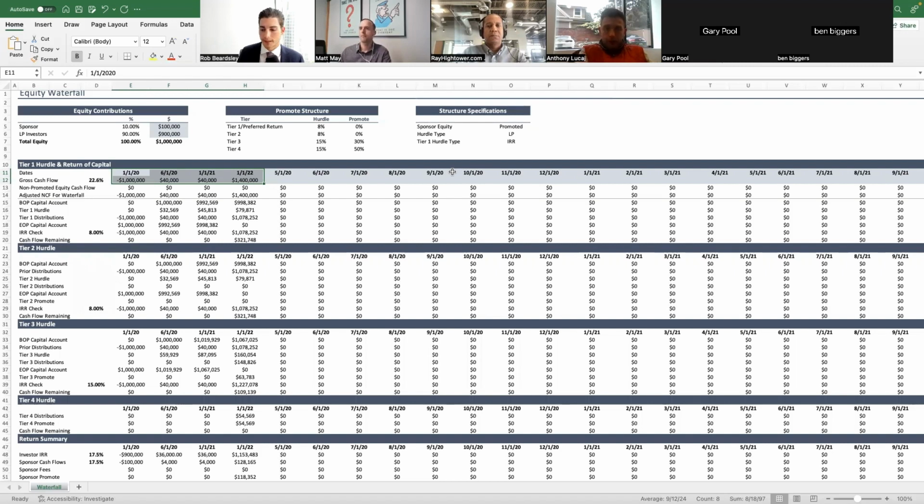Gotcha. Makes sense. Yeah, because if you have an 18, and that's before fees, and then you have to incorporate your sponsor fees, and then also the promote, depending on the waterfall, you're going to be looking at somewhere around a 14% return for investors, and that's on the absolute low end for what we feel comfortable offering or projecting out for our investors, because our investors are typically looking for